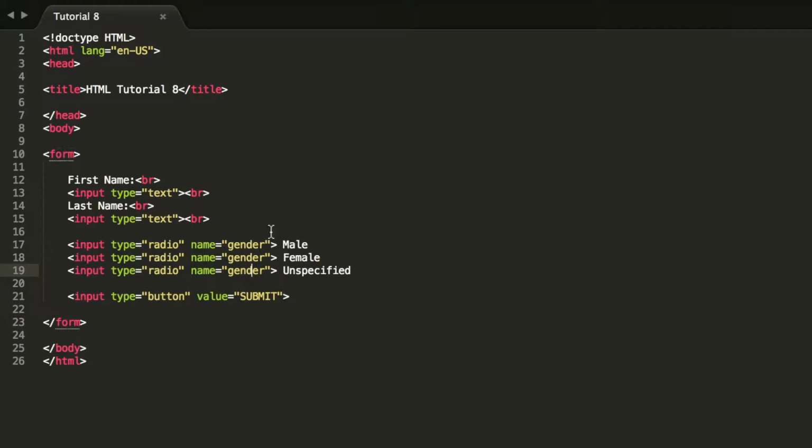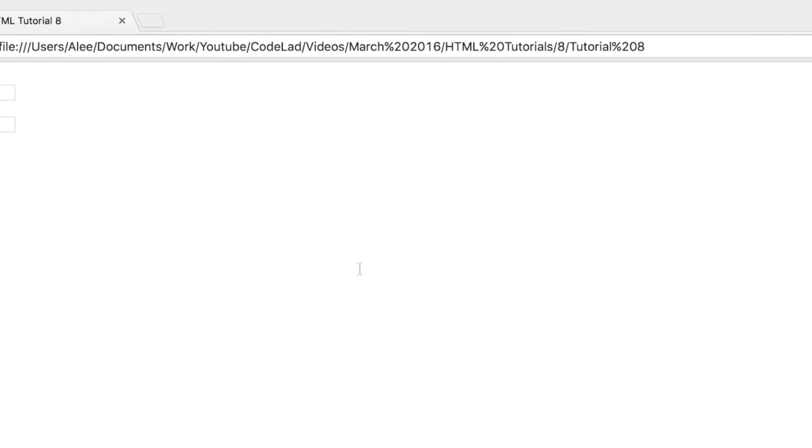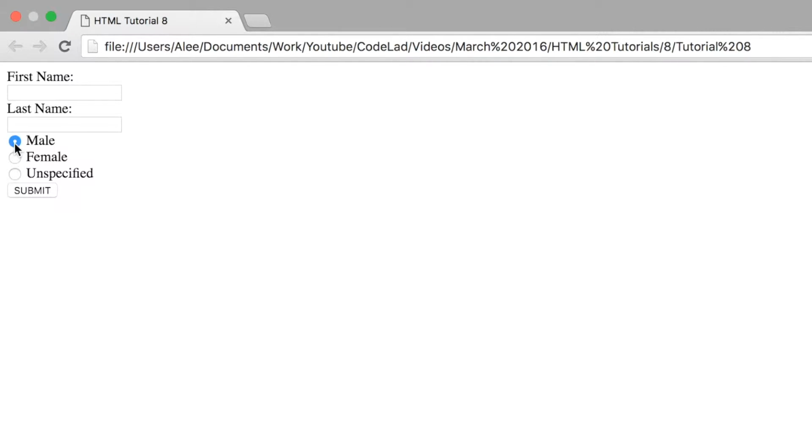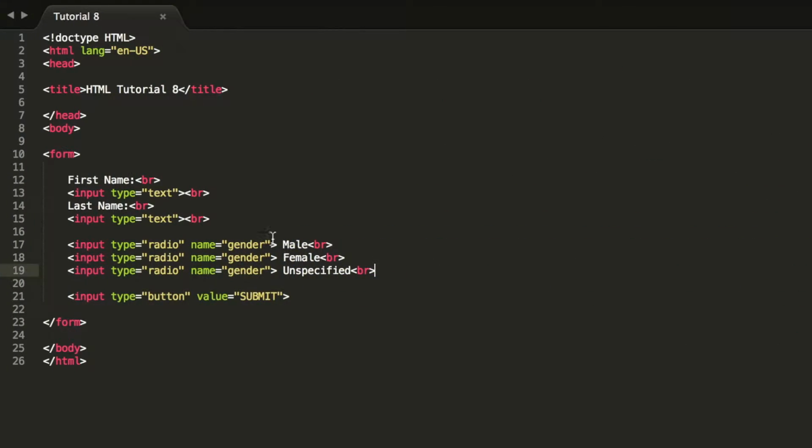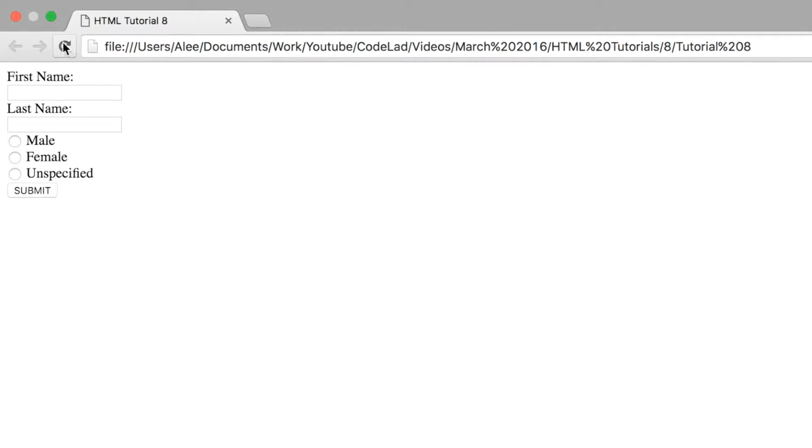Okay, I'm gonna save it. Actually, I'm gonna first add some br equals, sorry. Save it now. You can see now I can select any one of them. Now I'm going to refresh it. As you can see, there is no one checked when the page is loaded. You can also fix that by going over here and writing checked, without any equal sign or double quotes, just the word checked, and now the female will be already checked. See,